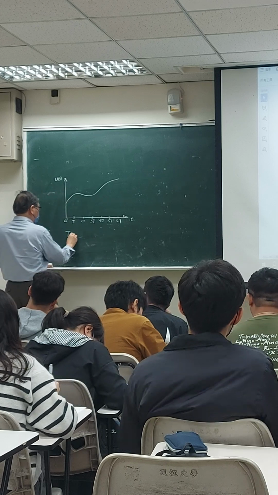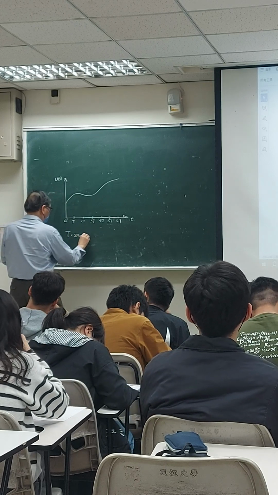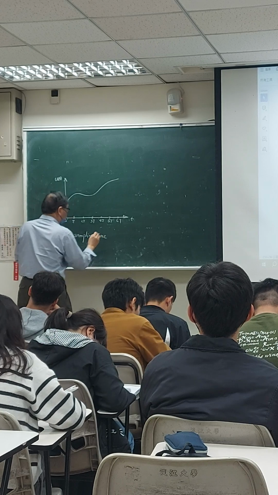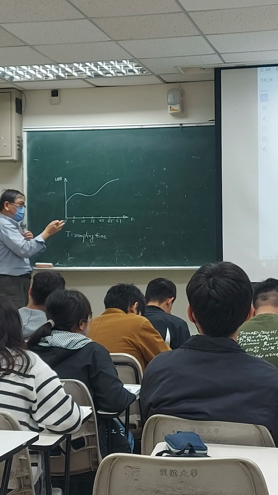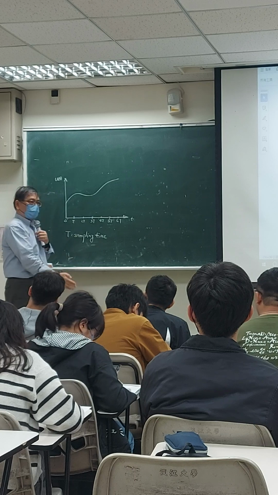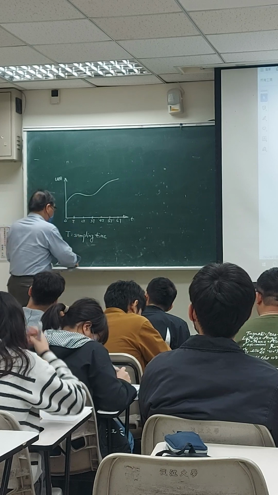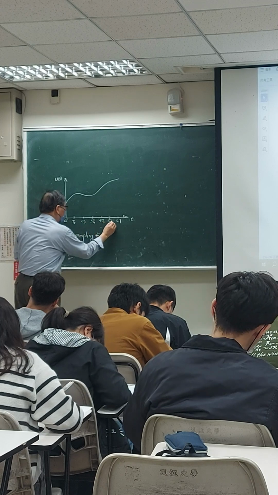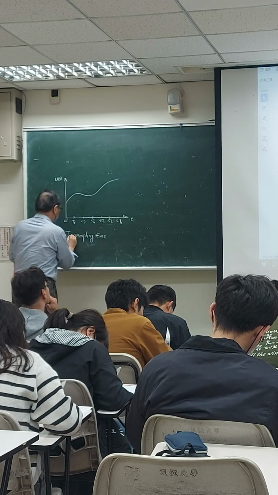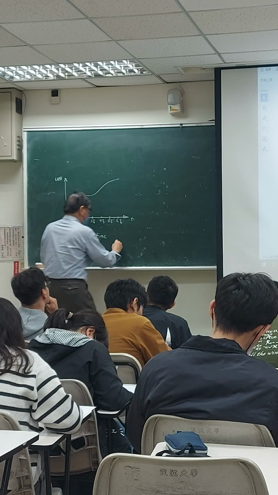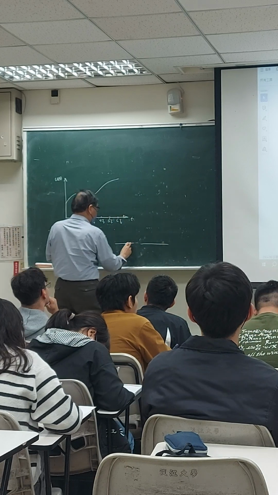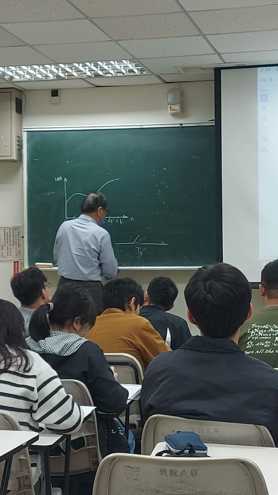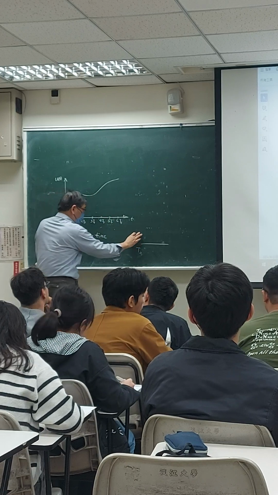So t is the sampling time. That means I measure the signal at every t seconds. For example, let me use ts, in order to be consistent. So that means I measure the signal. This is the location for the sample. So every t seconds,